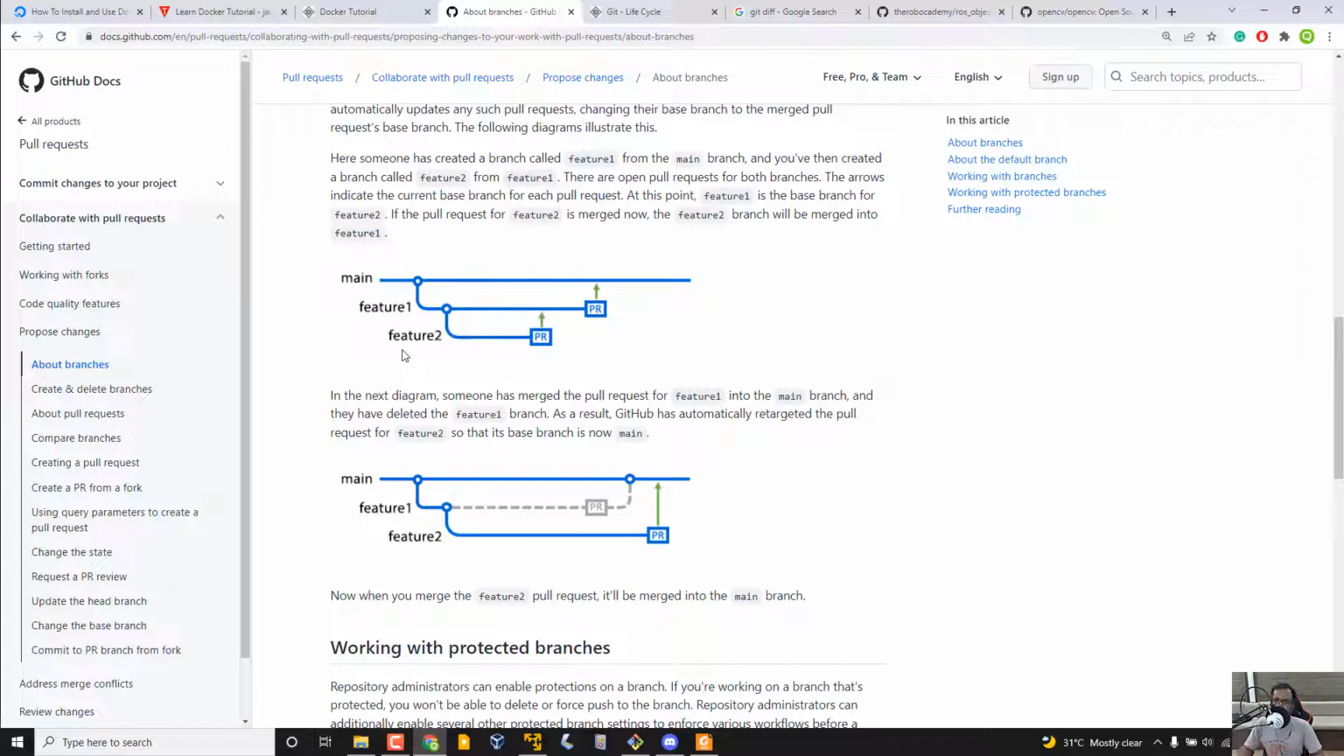I mean, there are multiple ways. Here you can see from the feature 1 branch, we are creating the feature 2 branch. Okay, so the feature 2 branch, after completing it, will create a pull request to the feature 1 branch. Then the feature 1 branch will merge feature 2 into feature 1. Then after feature 1, it will merge to the main code. Okay, so the structure of the Git repository is there will be a main branch and there will be feature branches. Okay, and